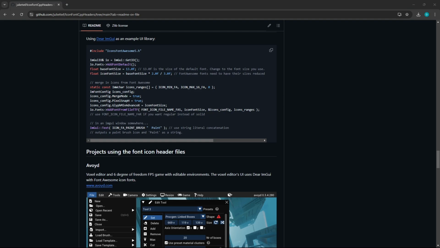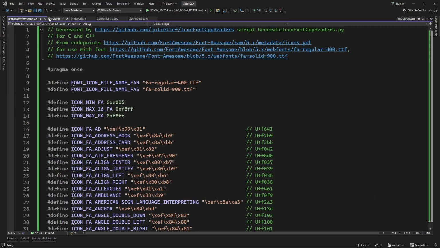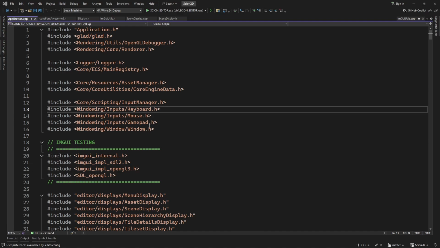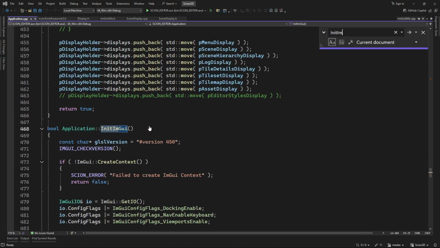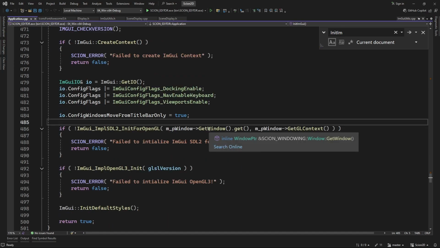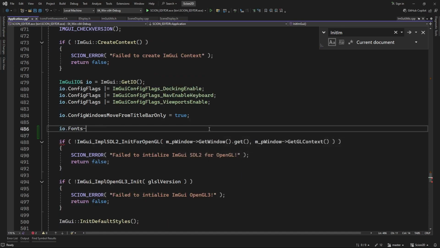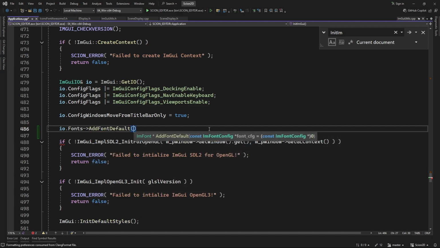So we can do that in our application.cpp. So let's do that now. So we can probably just close this, keep that open for now. We can keep the rest open, that's fine. And let's go to application.cpp. In our init ImGui function, we can add this in here. We can probably just do this right here. I can go io.fonts add font default,